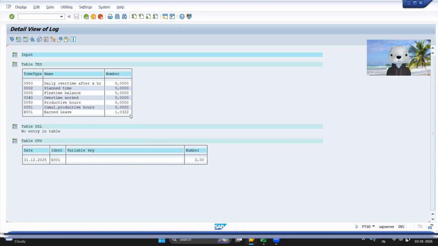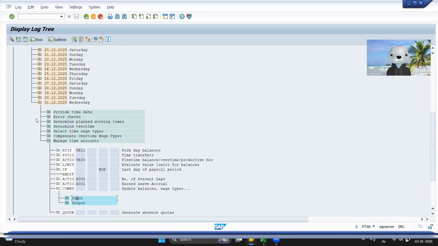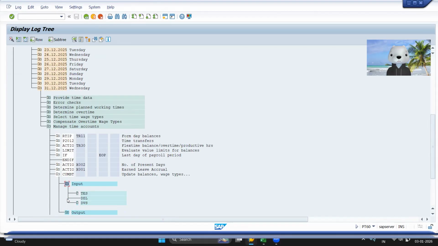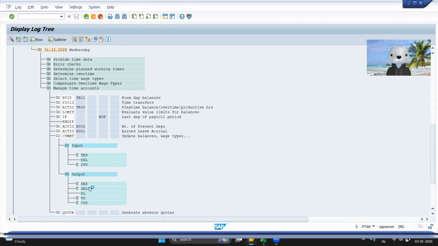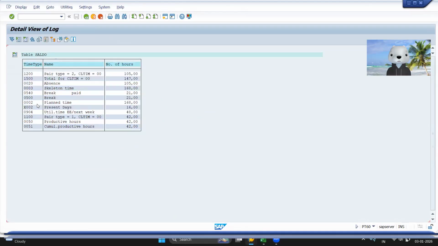So if you see X01 is 1 and the constant is J02, and what is the value of X002? Here I think in Silla table you will be able to see the value of 002. Number of present days: the employee was present only on 16 days. Okay, and based on that,